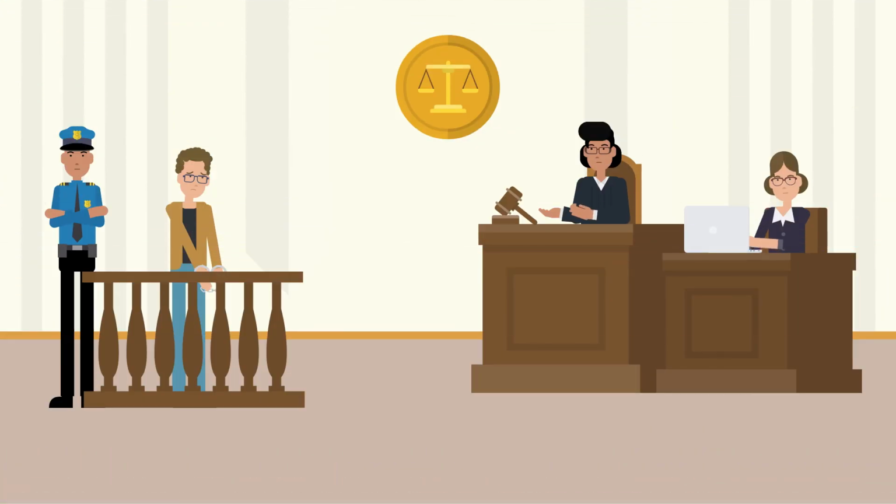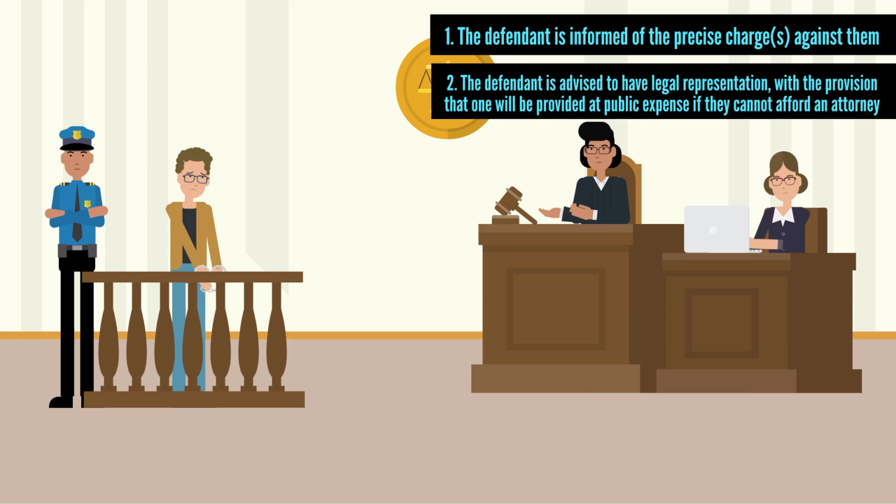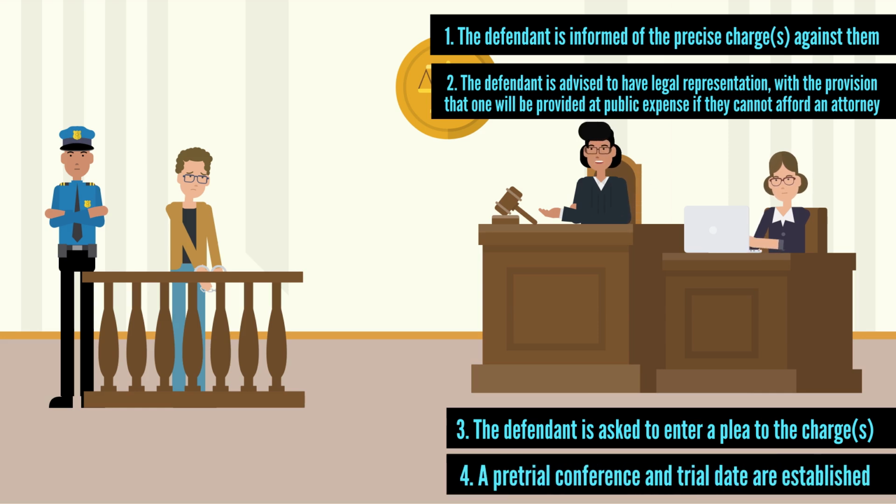During the arraignment, several crucial steps occur. 1. The defendant is informed of the precise charge or charges against them. 2. The defendant is advised to have legal representation, with the provision that one will be provided at public expense if they cannot afford an attorney. 3. The defendant is asked to enter a plea to the charge or charges. 4. A pretrial conference and trial date